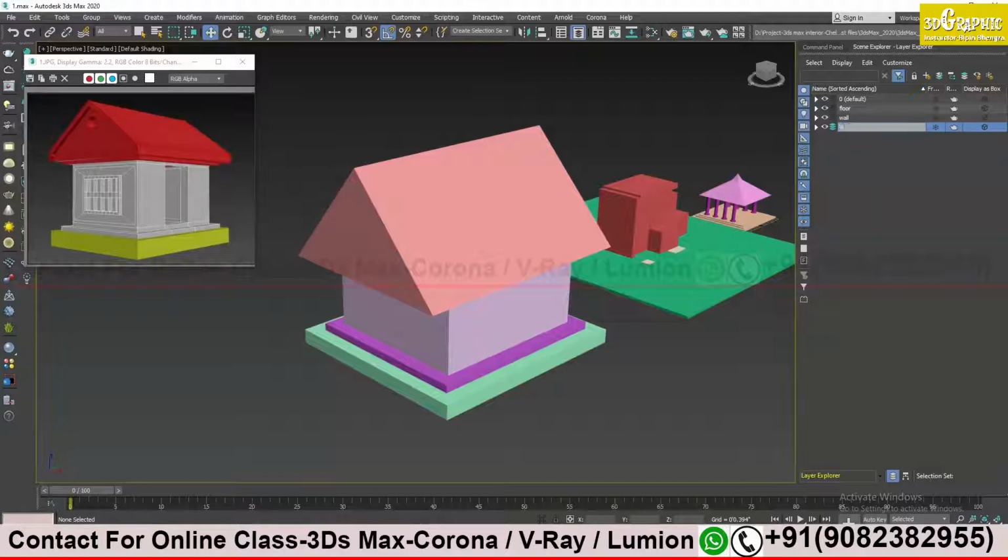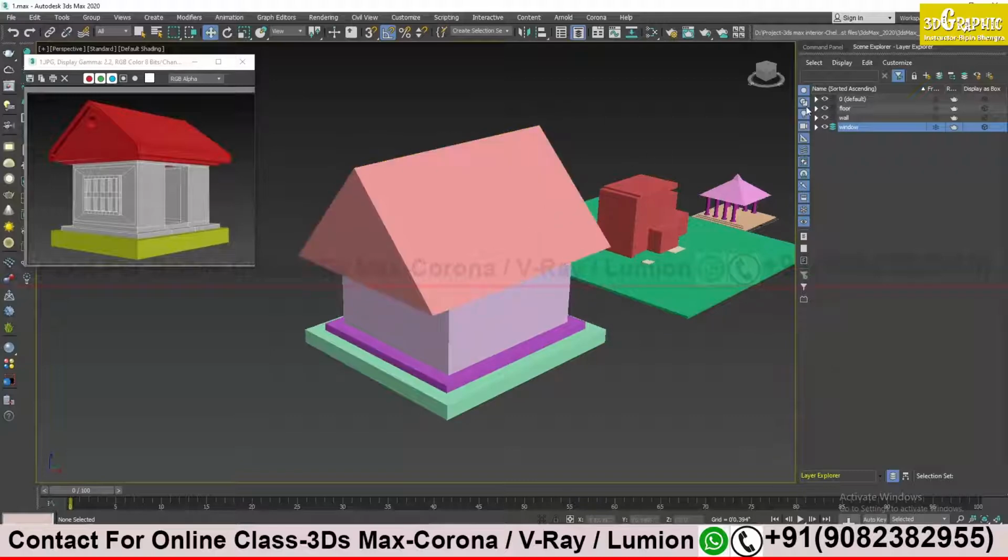Suppose this is my window. Simple. So what layers do I have? I have floor, wall, and window. I got three layers, and every layer contains some 3D elements.